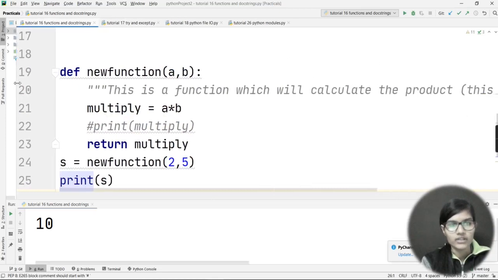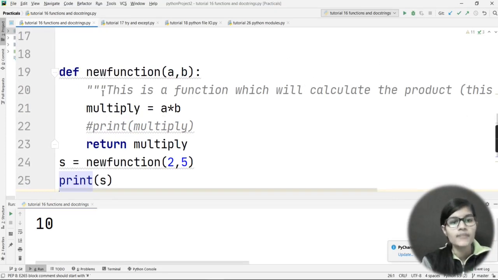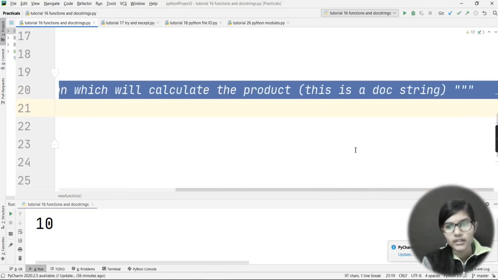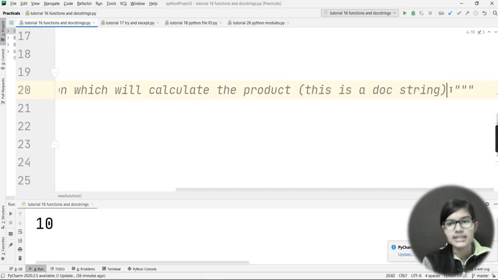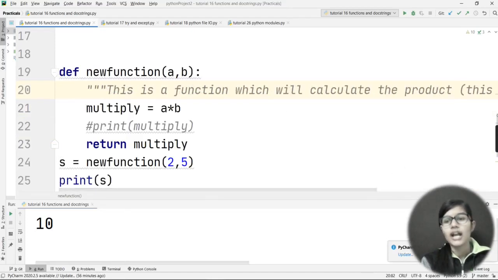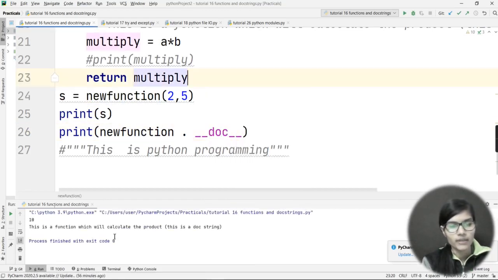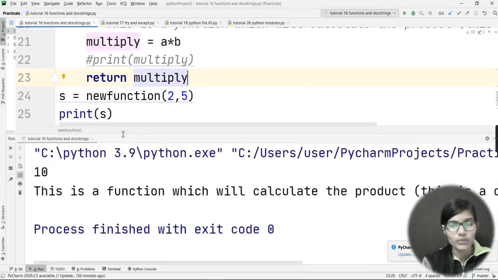docstring inside my function. So I have written, this is a function which will calculate the product. Okay, so in the brackets also I had written this is a docstring. And now I'm going to write print new function, where new function is my function name which I had used, and I'm going to write doc, with double underscores on both sides, like __doc__. And now when I run my program, see, this is the output which I am